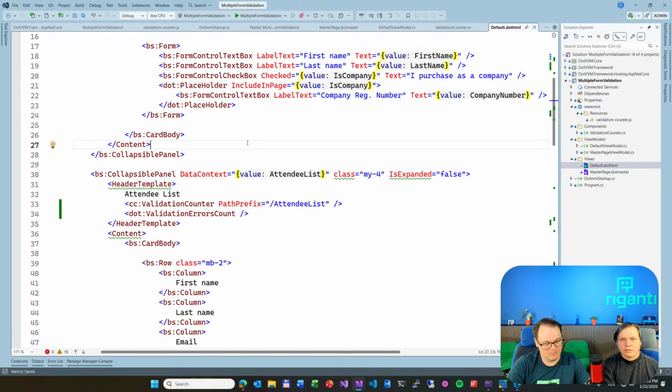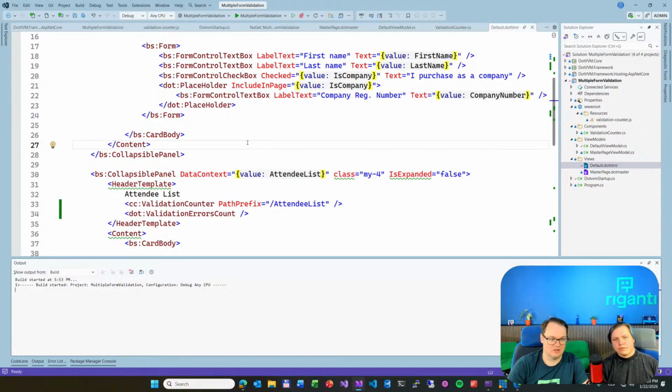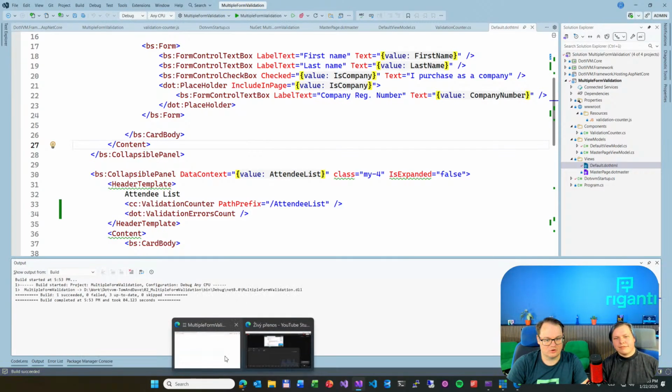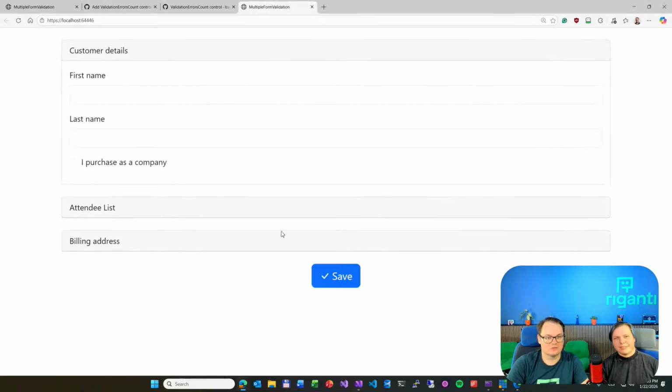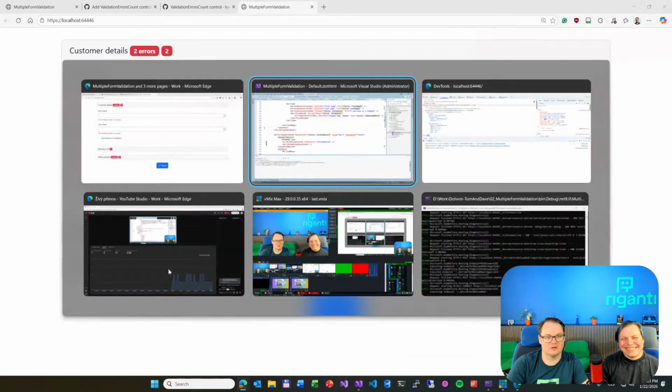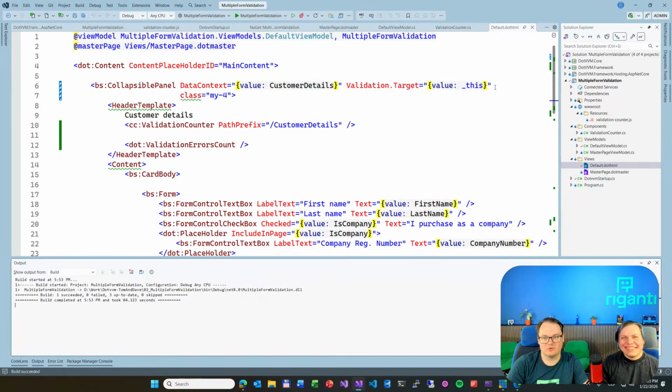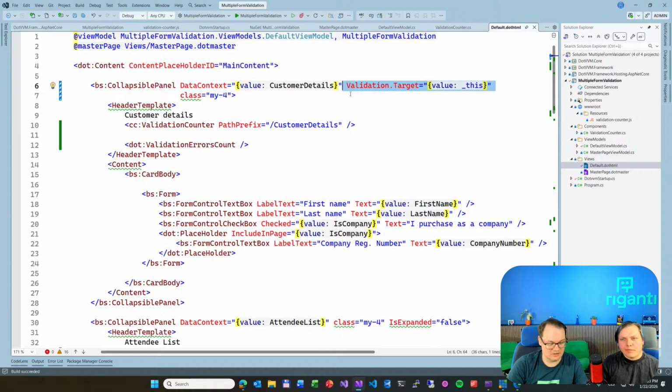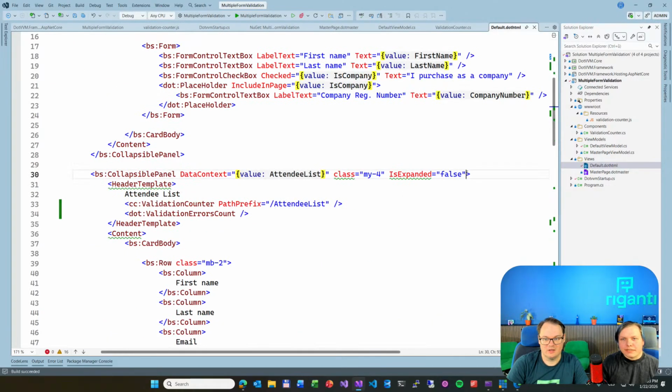So let me recompile the application. I just hit Ctrl-Shift-B to recompile. It should automatically restart. So now you can see there is nothing displayed, and now I have these. We are missing validation targets. That's why it's reporting different numbers. But if I would be consistent and set validation target also here